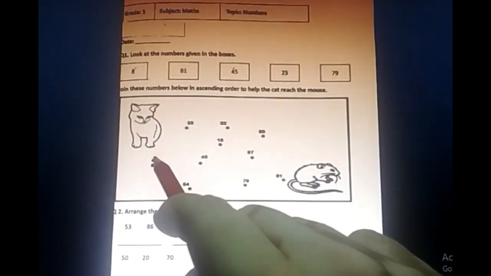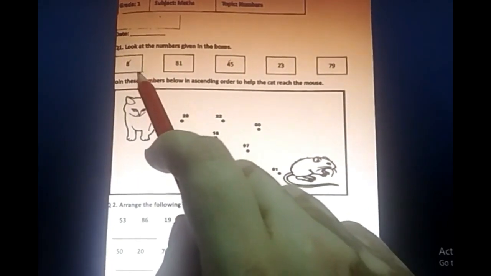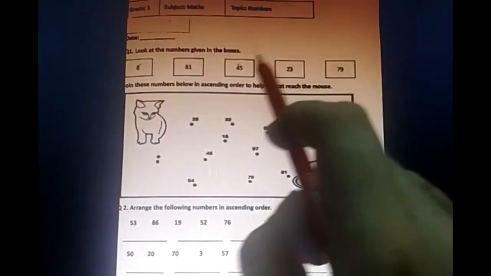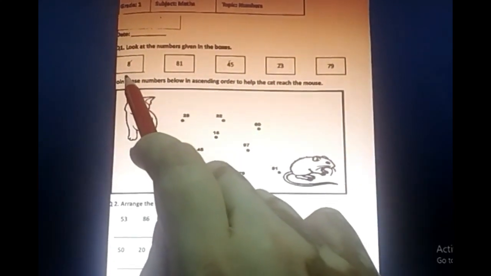Remember what we have done in the previous video? I'm going to mark these 5 numbers here first with the yellow color, so that it gets easy for us to mark it. Then next step we are going to do, we have to arrange these numbers in ascending order. So we will write the numbers in ascending order underneath here.